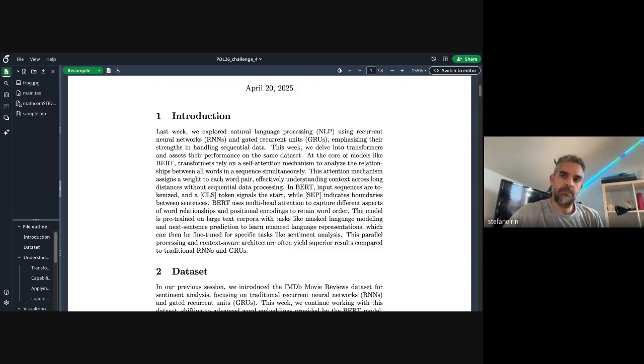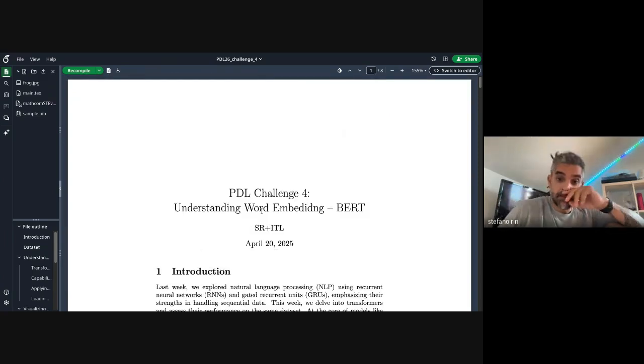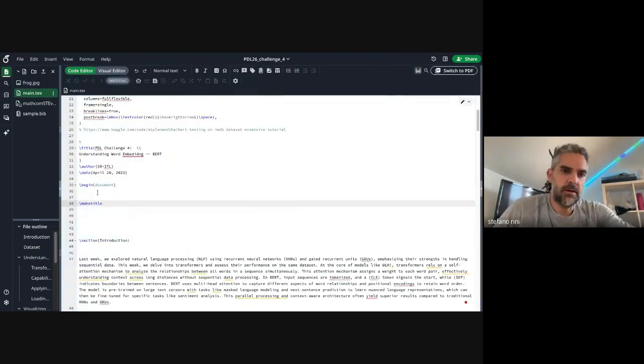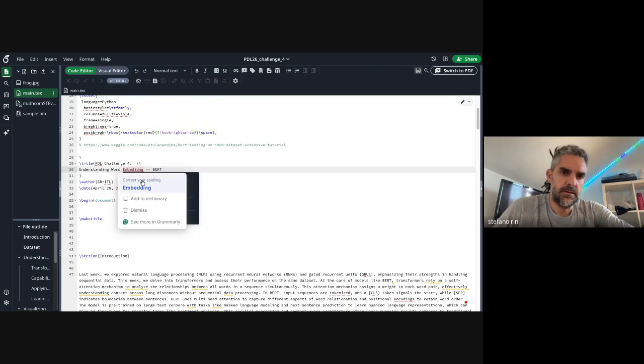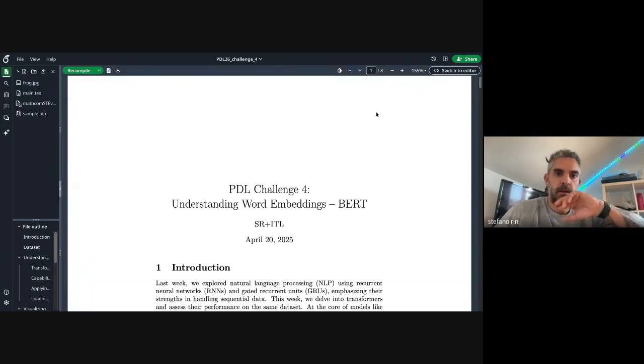Okay, so the big story: one of the enabling technologies of LLMs for sure are these word embeddings. Let me correct the spelling of word embeddings, because the spelling is important. So one of these enabling technologies of LLMs is clearly word embeddings. And word embeddings, when they were invented, really unlocked our ability to work with NLP, right? Natural language